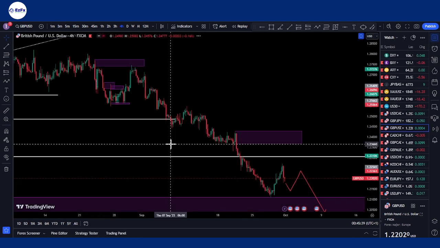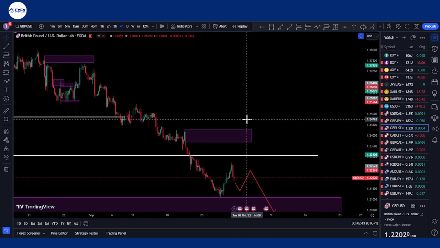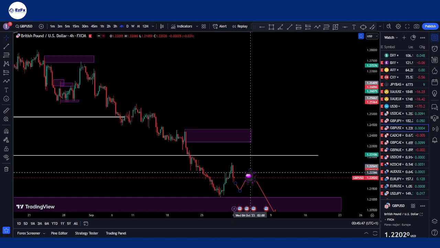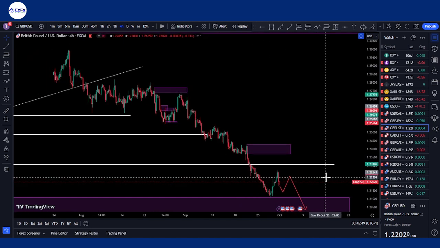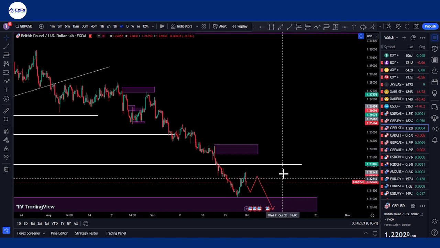So let's go down to the 4 hours and look at what we feel would be more plausible or more feasible to happen during the course of the week. All right, so for GBP USD, we might just get to see a short buy to continue with the sell that we have been seeing on GBP USD. Just a very short buy.